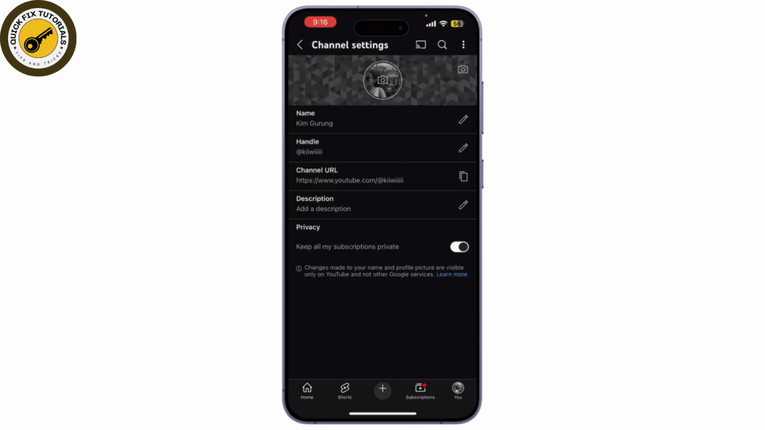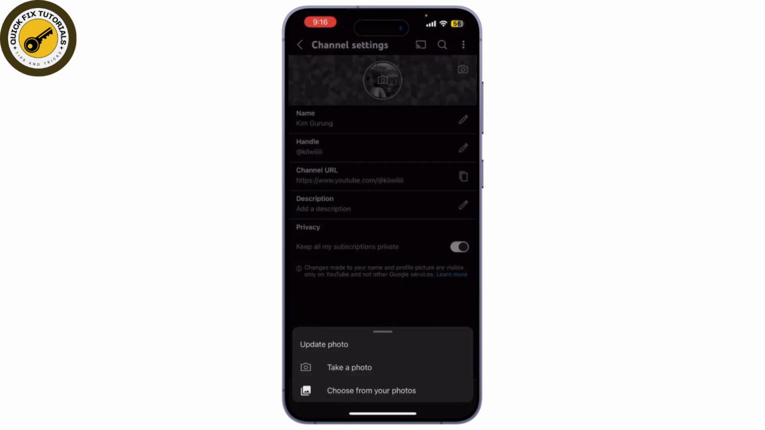Now tap on the current profile picture or the camera icon next to it. You'll have the option to choose a photo from your library or take a new one. As you can see,